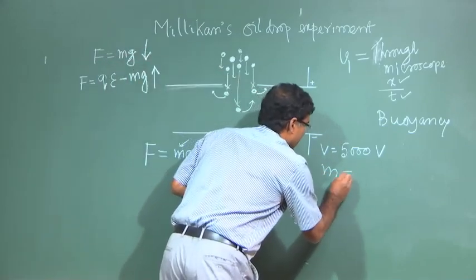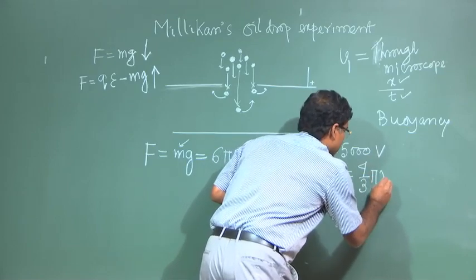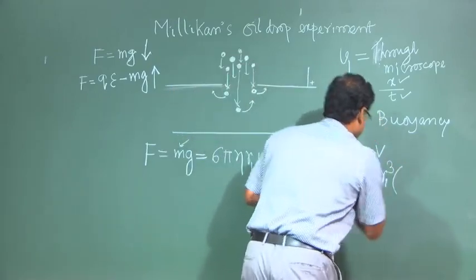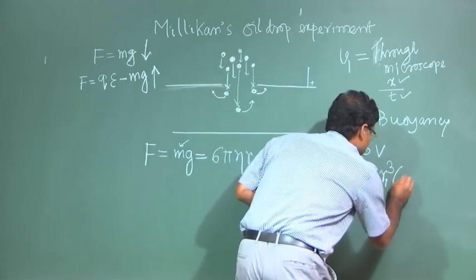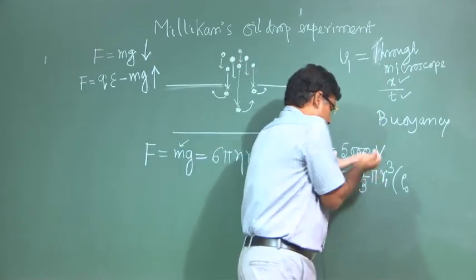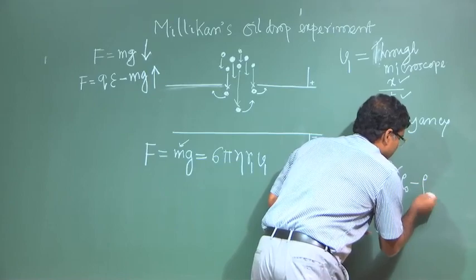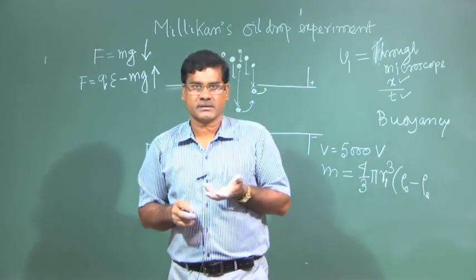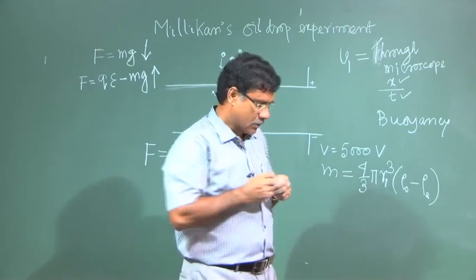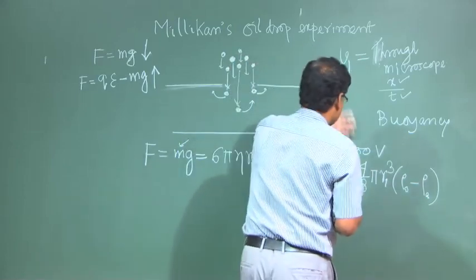What is mass? Mass is basically volume into density. If the density of the oil is rho O, the effective mass will be the volume times rho O minus rho A, the density of air. So that will be the effective mass m. So what we are getting from 1 and 2, we can write from 1 and 2,